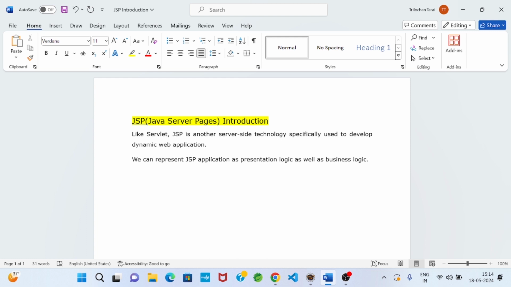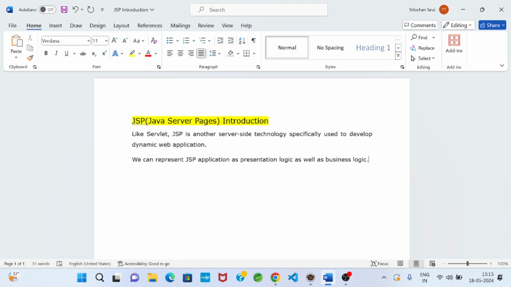We have a login form. To process the login form, we will develop another JSP file. We will see, but in servlet, the HTML file we were using as presentation logic, and servlet we were using as business logic. But in case of JSP, we can use JSP as presentation logic and we can use JSP as business logic.